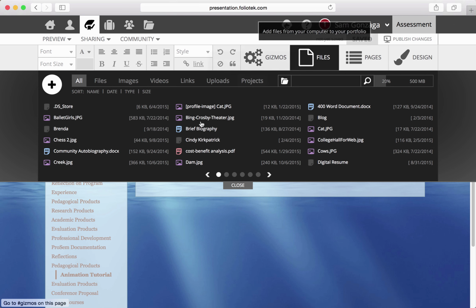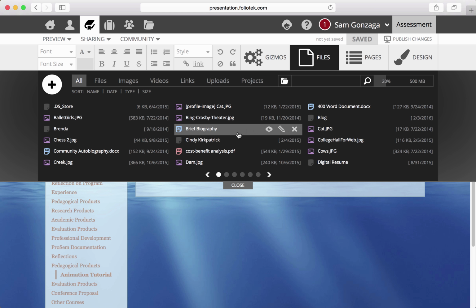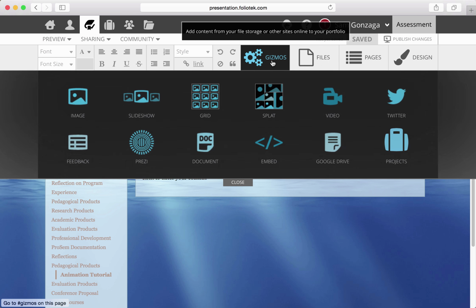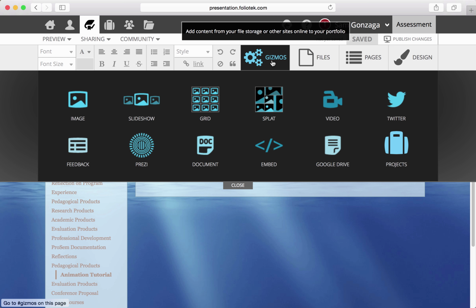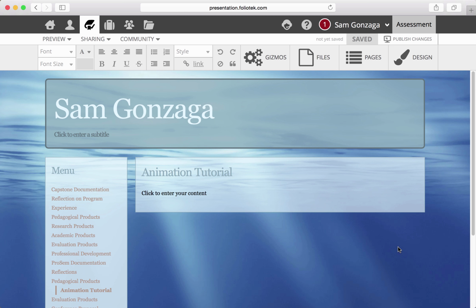Files is just your files repository. Everything that you uploaded over on the assessment side will be available here also. And the last part is gizmos. We'll take a look at gizmos in another video. Now that you have your content over on the presentation side and you've started editing the page and how you'd like it to look, now you're able to start adding some content to your page over here and personalizing things